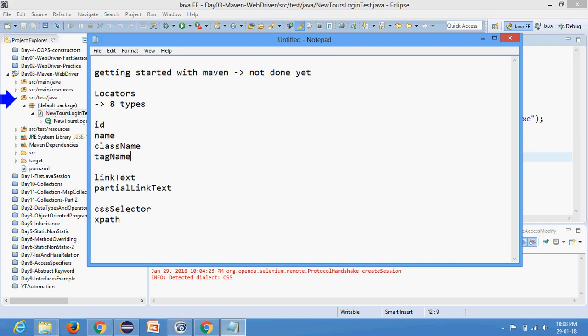Then tag name. Let's say in my previous example, anchor is a tag, so the tag name is A. And how do you use it? Simply write By dot tagName. In the tag name, you give the tag name like this. Or let's say h1 is the tag which you want to inspect. You can simply say By dot tagName h1. And this you are going to pass to